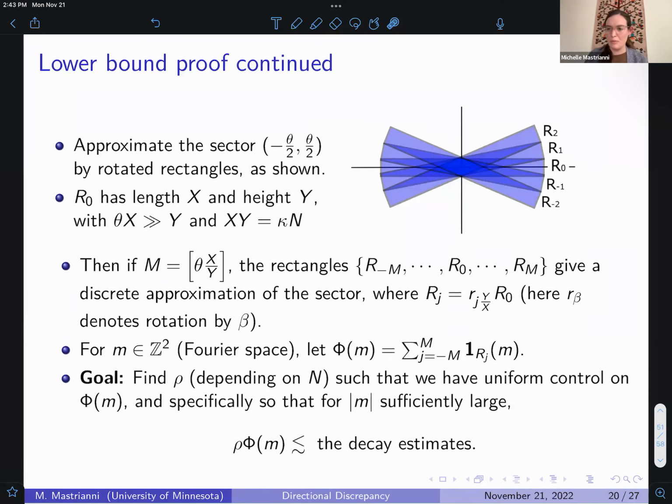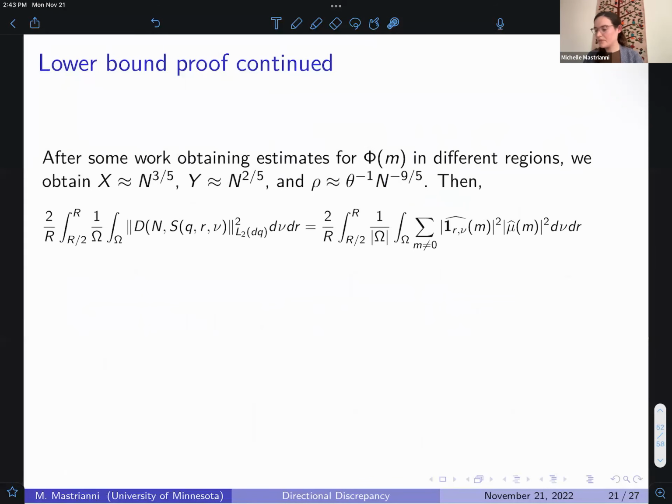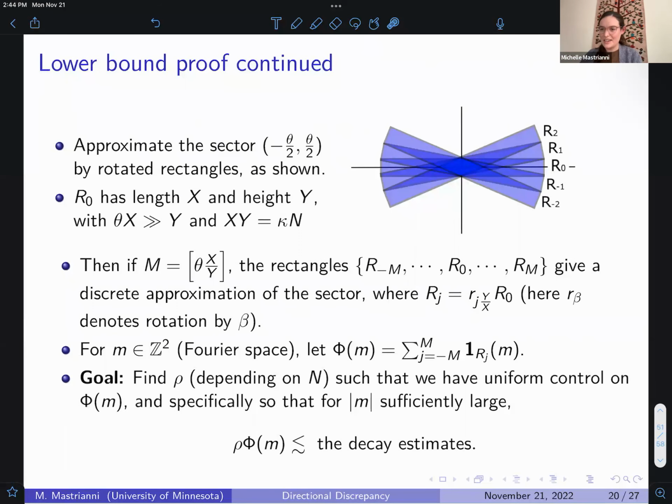Specifically, we want rho times phi to be less than the decay estimates, so that we can essentially replace the shape component in our lower bound by this rho times phi quantity. If you split the Fourier space into different regions and count cleverly, with counting functions for this phi quantity,